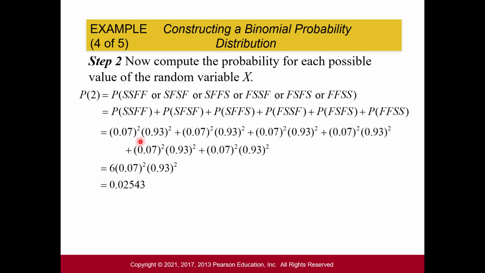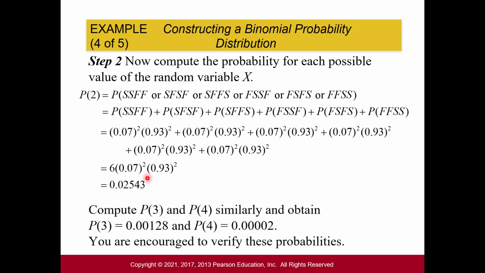For each one here, it's actually going to be the same setup. 2 of them were successes, so 0.07, and then we can multiply that twice, or say to the second power, times 2 failures, so 0.93 times itself, or to the second power. And this happens 6 different times, so we could just say 6 times that product, and we get 0.02543. And then we do the same thing for probability of 3 or 4 successes, and we would get these